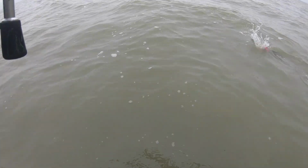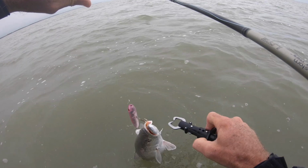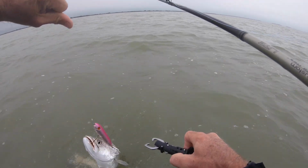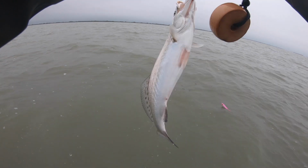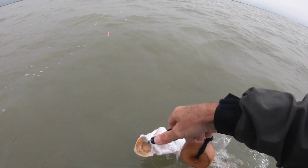There's been fish holding here. We didn't really see any mullet, but in the distance downwind I saw a trout slick, and I said, you know what, I'm gonna take a chance on that being a trout slick. And there you go. About a 21. Not a giant, but